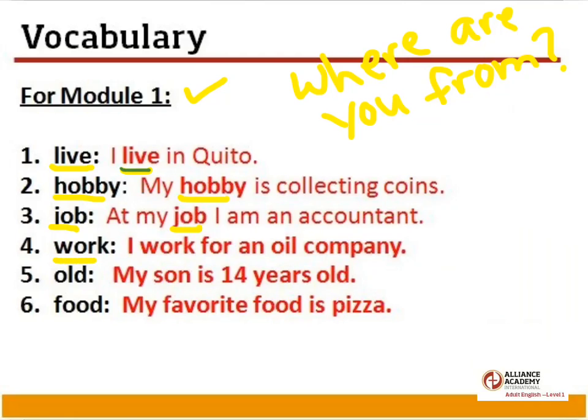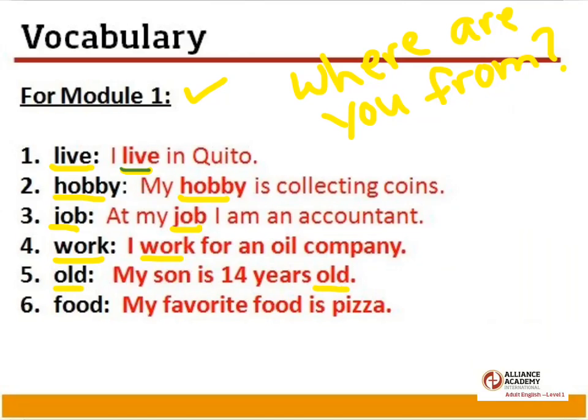Work is the verb form. So instead of saying my job is, we can also change it to a verb and say I work for an oil company. If we want to know the age of a person, we would ask, my son is 14